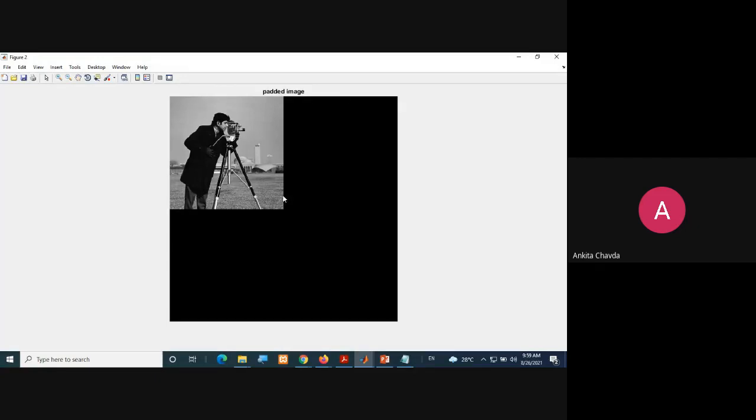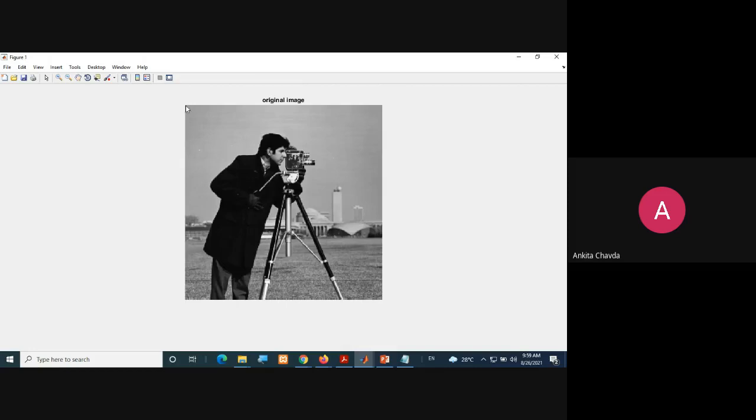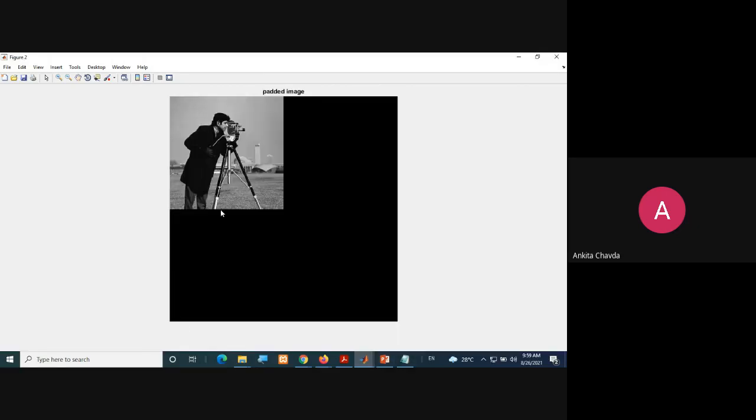If this size is 256, this size is 512 cross 512. Then I just need to copy the intensity values from the very first row, very first column, till the end, and copy them into our other image, over here. So this was my blank image with all zeros, but I have put that 256 cross 256 original image over here. That is the padded image.